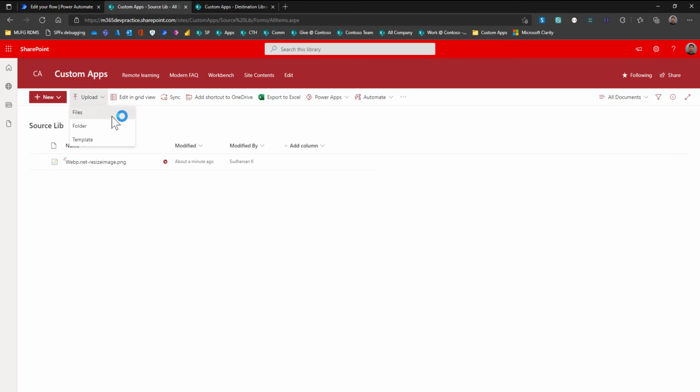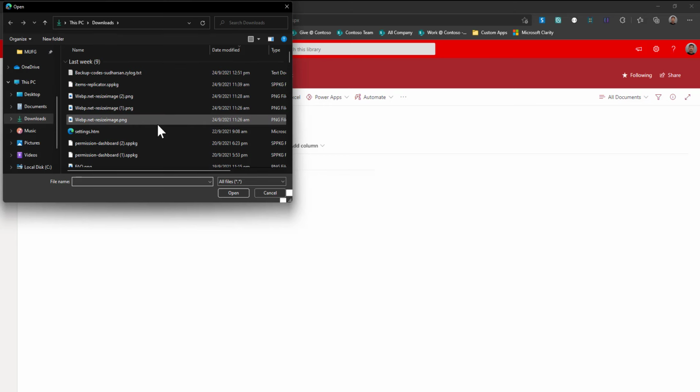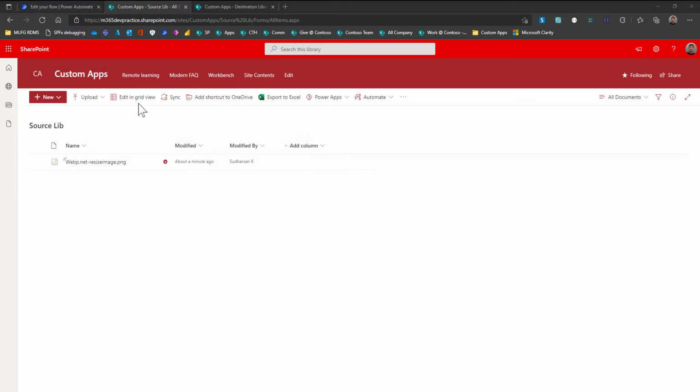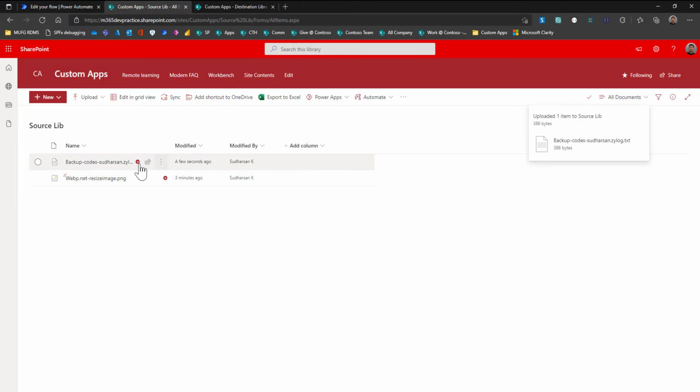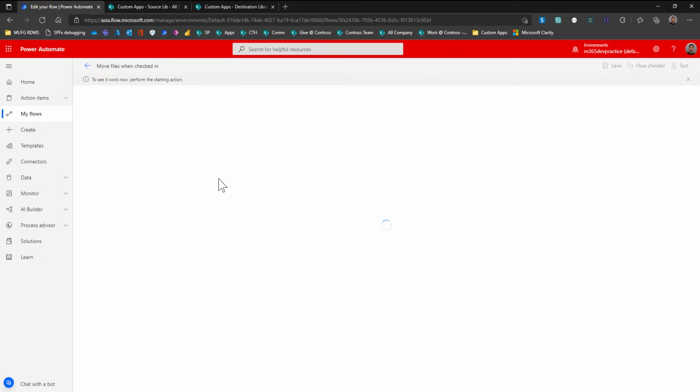So here I'll try to upload a file. So I've just uploaded a file which is in the checked out state, and if you see here, the flow is not executed because we have implemented the trigger condition.